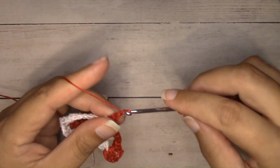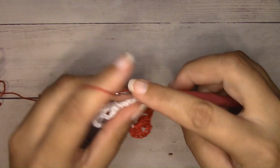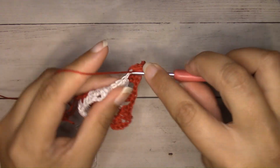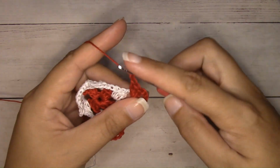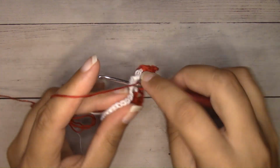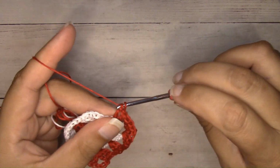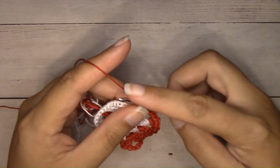Then a chain 3, and 3 more double crochets back into that same exact corner chain space. Then I'll work a chain 1. Next center chain space is going to be 3 double crochets in there. Then I'll chain 1,